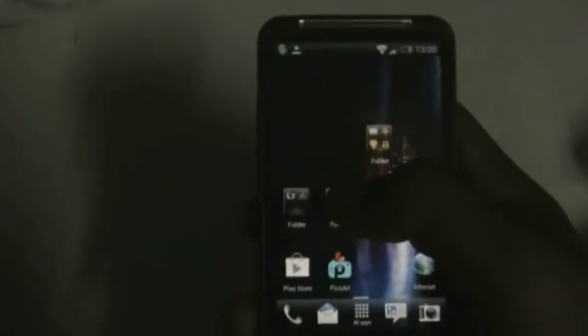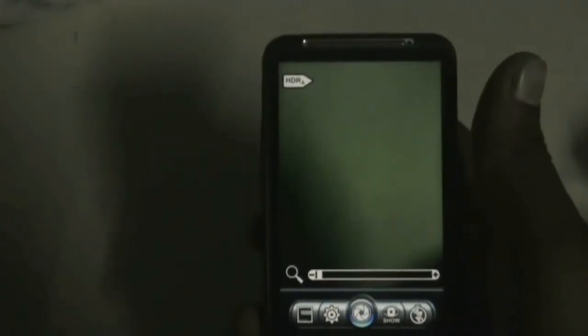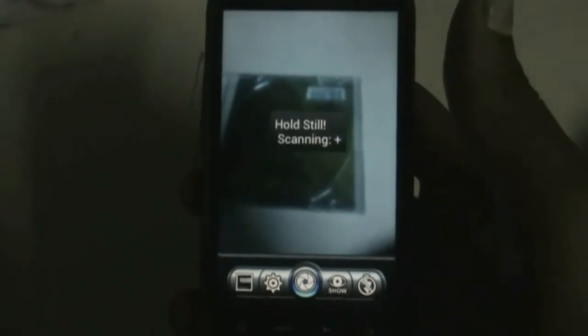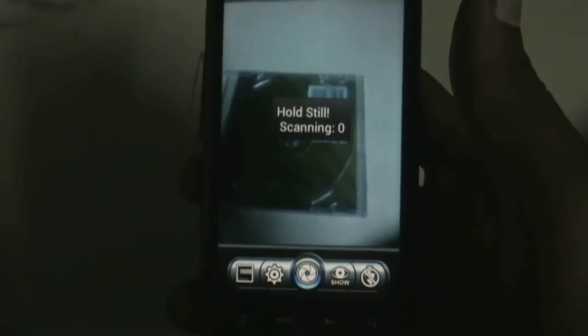And now on the list we have the Pro HDR camera. This is an HDR camera which will turn your camera into a DSLR camera. This will help you to create stunning full resolution HDR images with just a tap. So let me just show you by clicking a picture. It works by capturing images for the highlights and other shades for the exposed shadows.